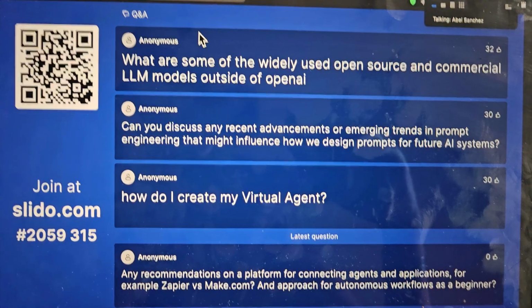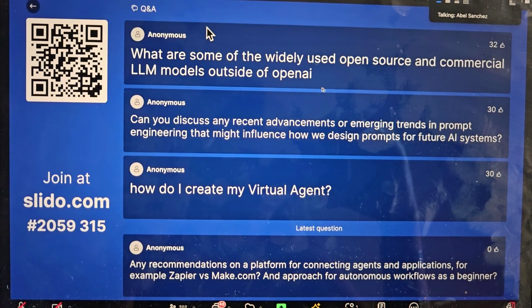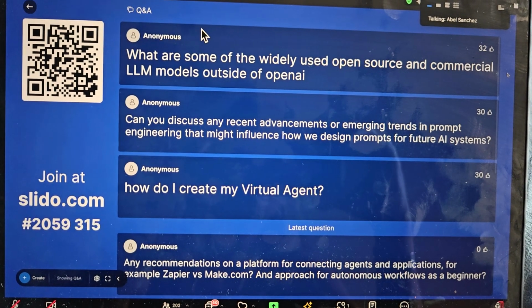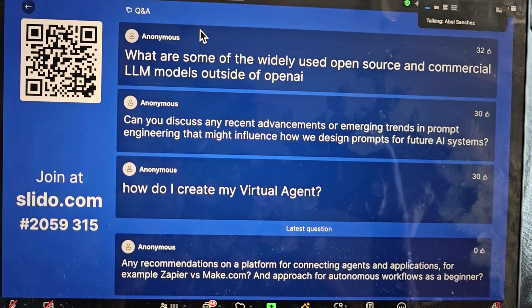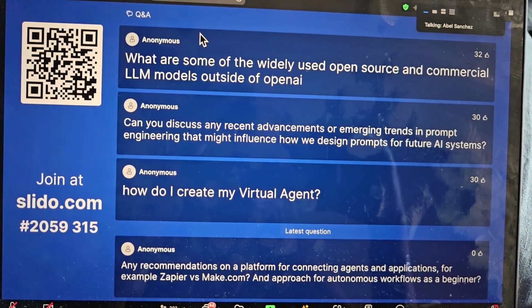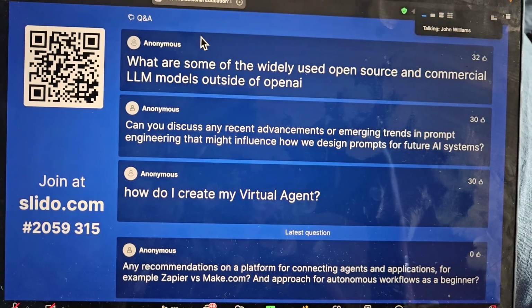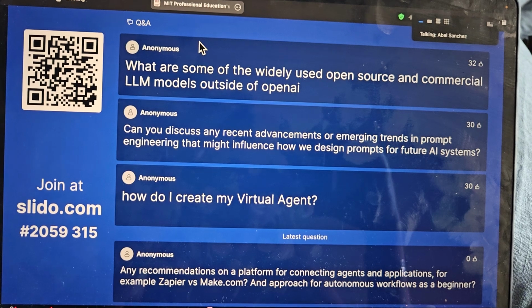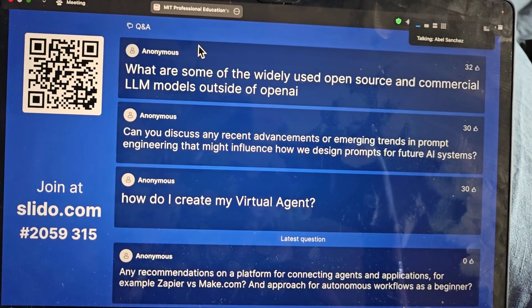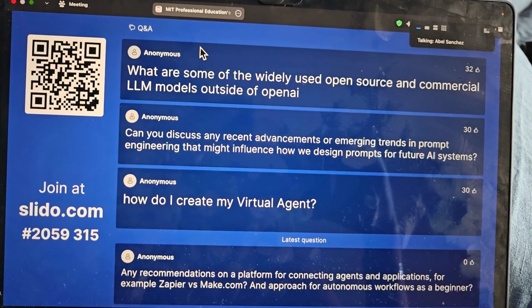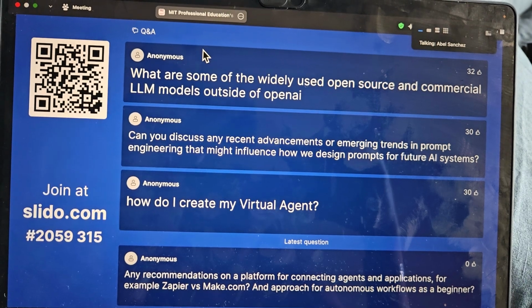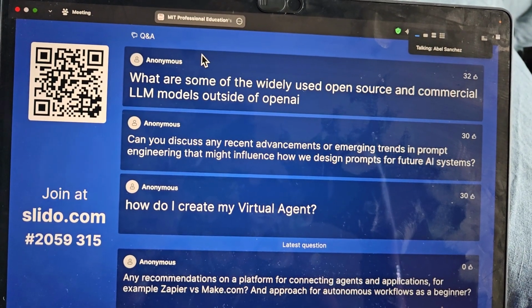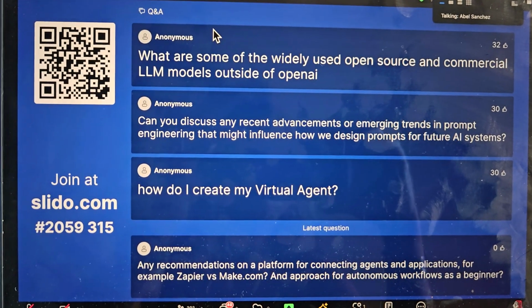So somebody was asking about what are the open source and commercial LLM models outside of OpenAI. Everybody jumps to Meta's, and I think Meta, the parent company to Facebook, has created a model called Llama. And this is perhaps the most widely used one. And now they're starting to be much smaller models. The advantage of those small models is that you can actually run them on your machine. And that's where you're going to get the most mileage. However, recognize that